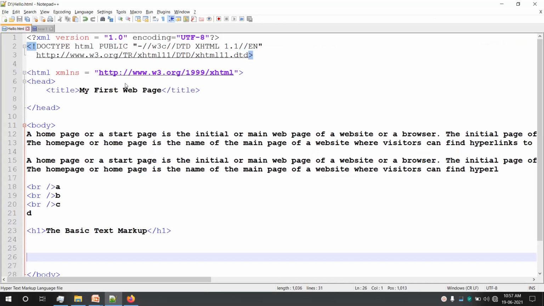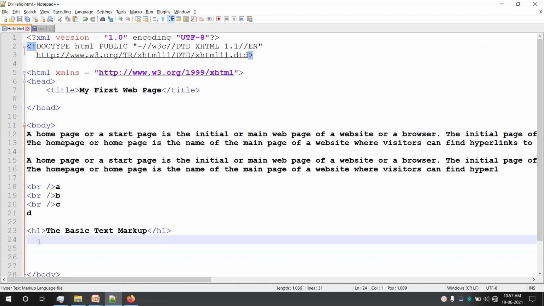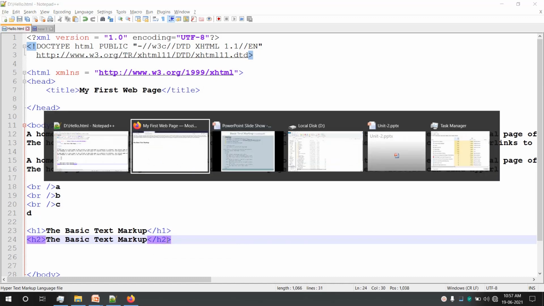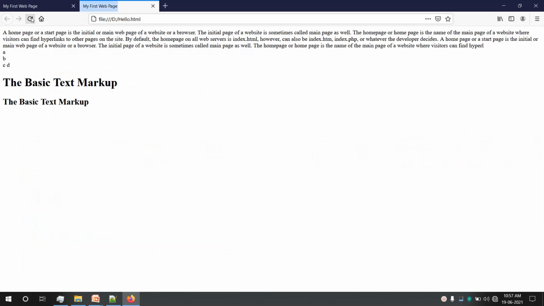Now if I display some content inside an H2 tag, so instead of H1 I'll use H2. And if I execute it, you can see again H2 is also used to display a heading, but the size of the font is a bit smaller than H1, and the same is for H3.